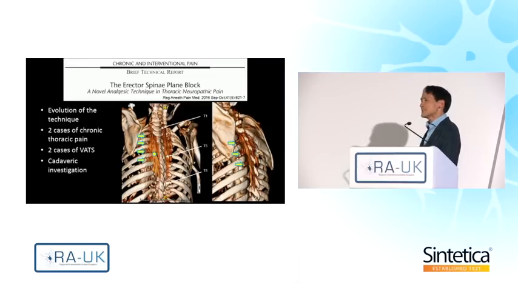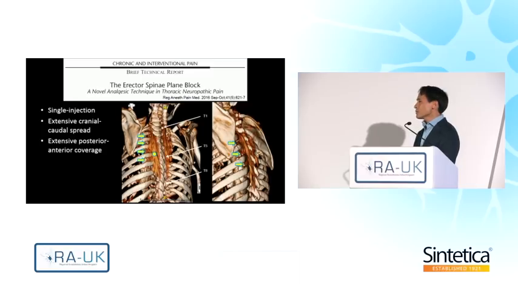And this is a CT scan reconstruction of a fresh cadaver in which we performed the injection. And you can see that an injection at T5 basically spread all the way up to T1 and down to T8. And you can see that there's also tracking into the intercostal spaces, which perhaps accounts for some of the effect. So essentially what we seem to have come up with is a single injection technique that results in extensive cranial-caudal spread. And because, again, it's performed quite proximately close to the neuraxis, it results in extensive posterior-anterior coverage